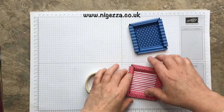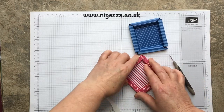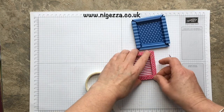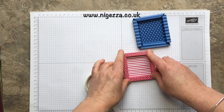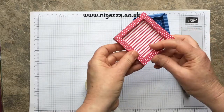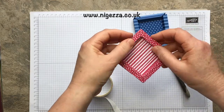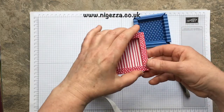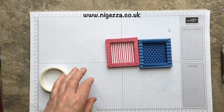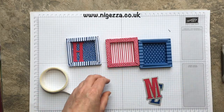And then just slip them all up into each other. And the glue dot holds them nicely in place. So I'll just do the last one. There we are. And if I bring in the other frames, you can see what it is that I'm